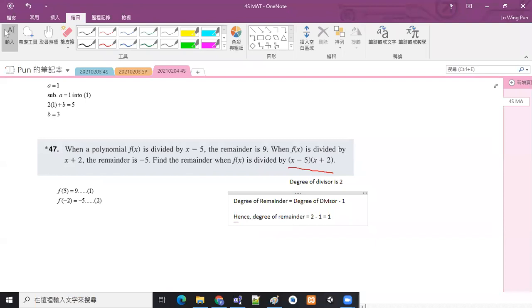Can you get this? But what should it look like? Okay, I mean the remainder of degree equal to 1. Degree 1 means the highest power of x is 1. So we have an x term. Okay, and then the next term should be the constant term. So we have 2 terms. So we will let the remainder be ax plus